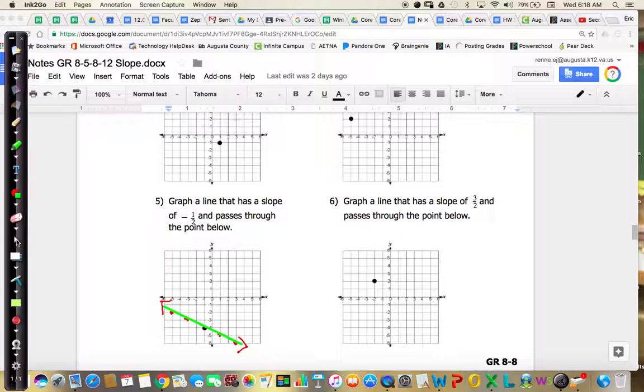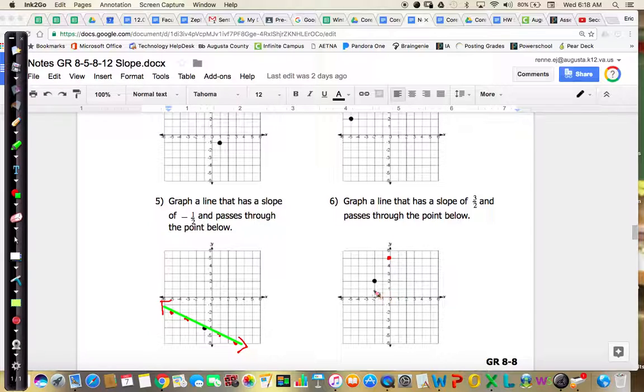Okay, one more example, and then we've completed our notes for today. So it says graph a line that has a slope of 3/2 and passes through the point below. So remember, a positive 3/2 slope, they both have to be positive to make a positive, or they both have to be negative to make a positive. So I'm going to go up 3 first, and in order to be positive, I've got to go right 2,